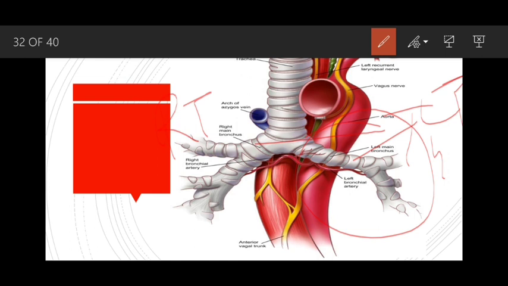Each principal bronchus enters into the lung. There are three lobar bronchi on the right side, 1, 2, and 3, and two lobar bronchi on the left side, right? After that, the next division is known as the tertiary division, the segmental bronchi for each bronchopulmonary segment, of which there are 10 on the right side and 10 on the left side. The segmental bronchi then divide into small branches called terminal bronchioles, which lead to the respiratory bronchioles. Now we will see another diagram.